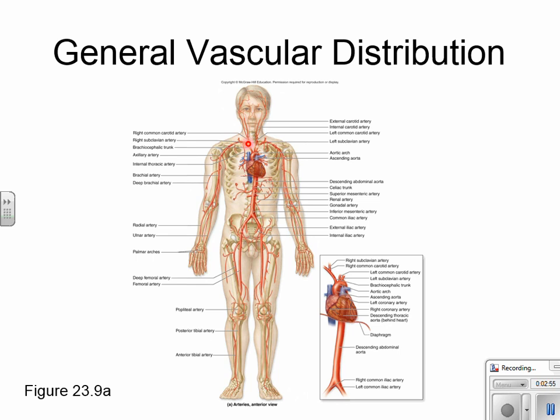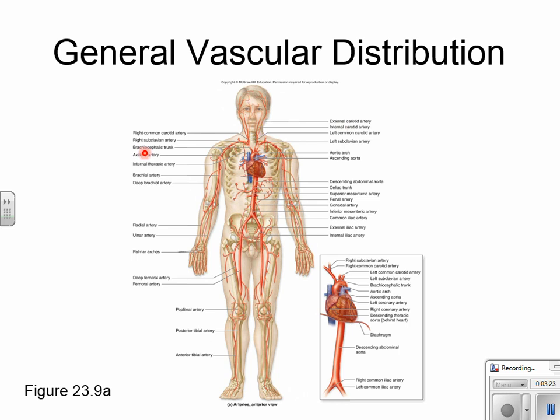Okay, so when you look at the cat's neck, you're really going to find the common carotids. If you were to dissect way up right by the jaw, you would see the external carotid and the internal carotid. So the internal carotid is what goes into the brain. The external carotid goes to the exterior of the face. We see, here's a new one for you,